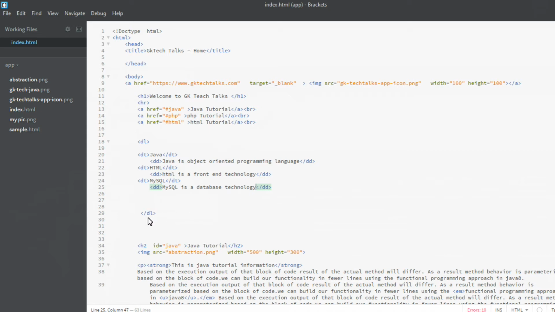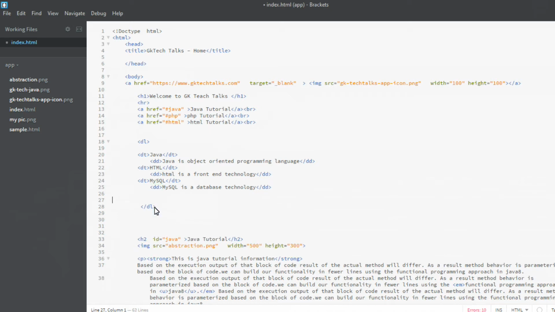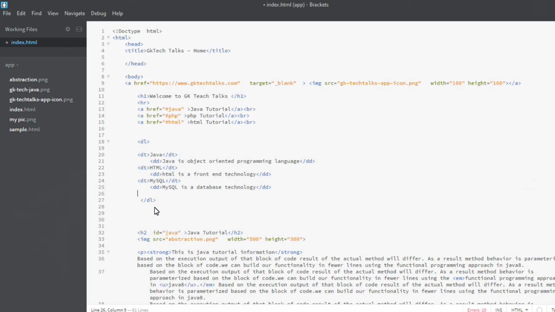MySQL is a database technology. I have written these three items as part of our definition list.